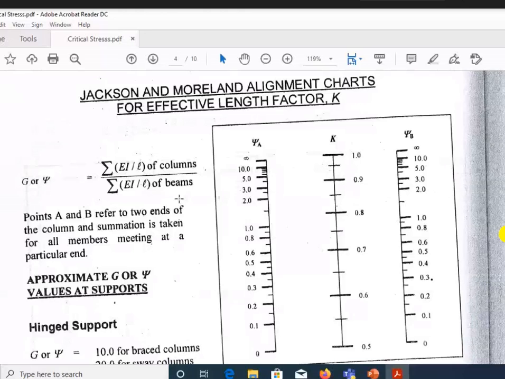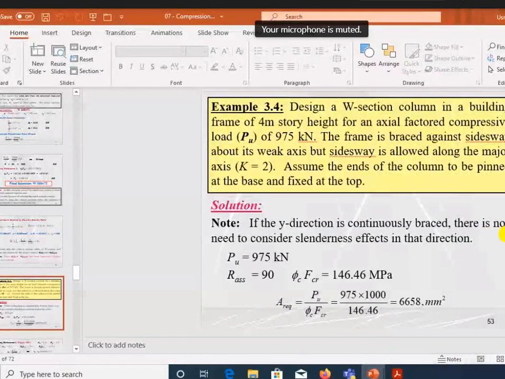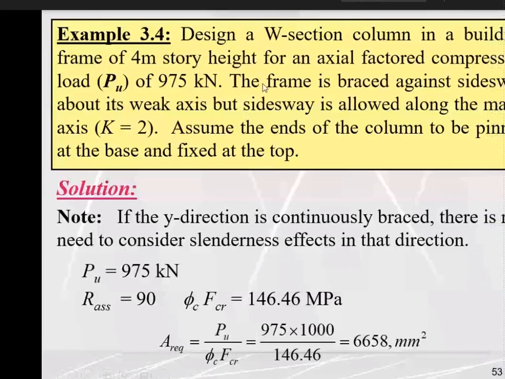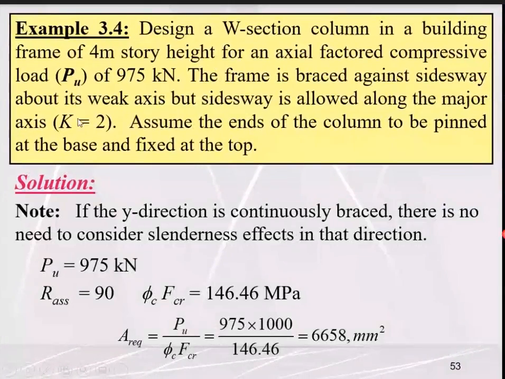And similarly for the bottom case, when we are connecting the column with end plates, depending upon the connection, our column may be simply supported about one axis and may be fixed about the other axis depending upon the constraints available. So now a third condition may be with reference to the side sway. In this example, the k value will be different about both axes due to the side sway permission or the allowance of the side sway about any particular axis.